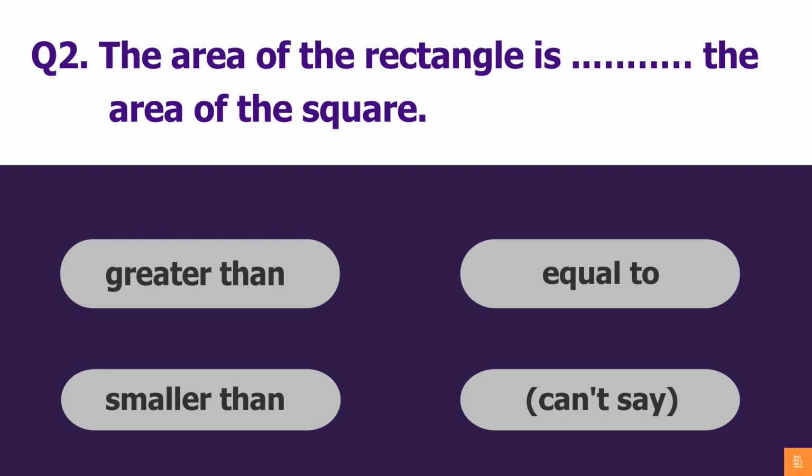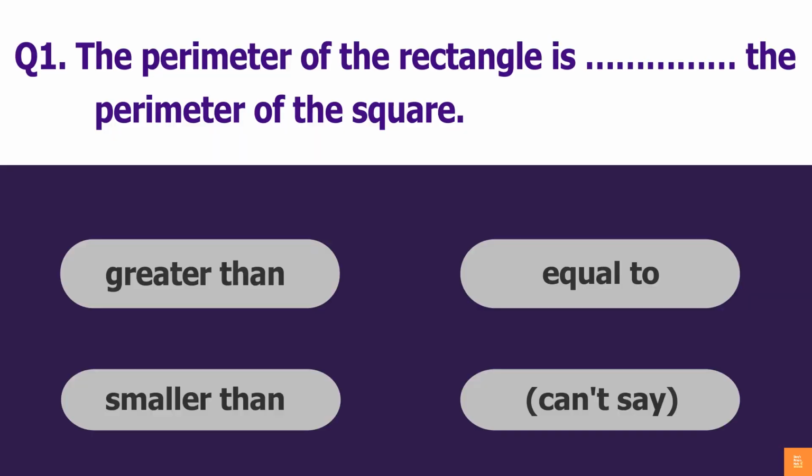Justify your answer. The children assume that when the length of the two opposite sides of a square are increased by 5 cm and the length of the other two sides are decreased by 5 cm, both the perimeter and the area will remain the same. They think that the area of the square will be equal to the area of the rectangle because of the 5 cm which was added and subtracted. This shows a lack of understanding of the relationship between perimeter and area.